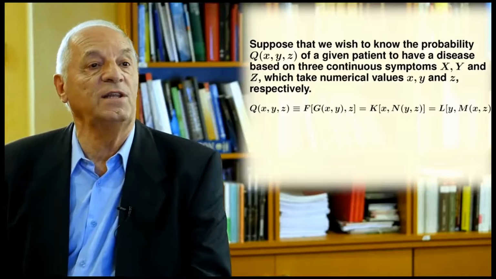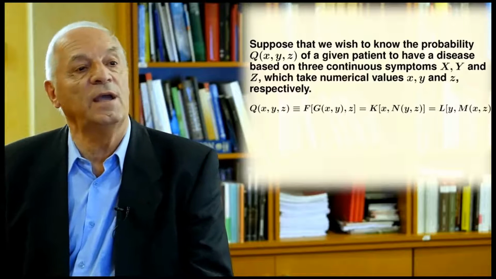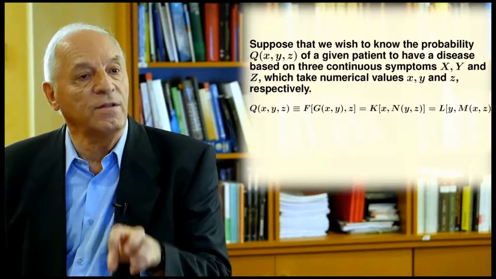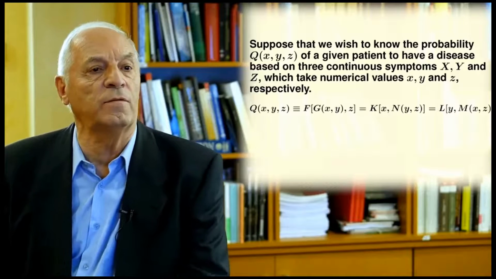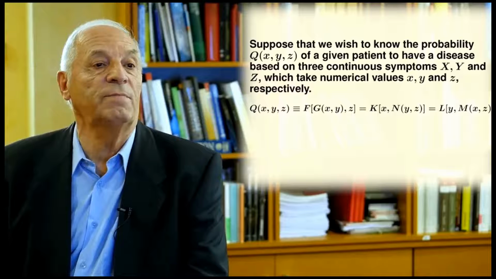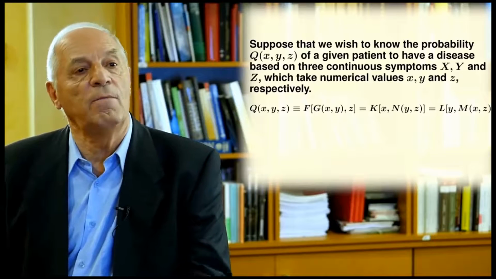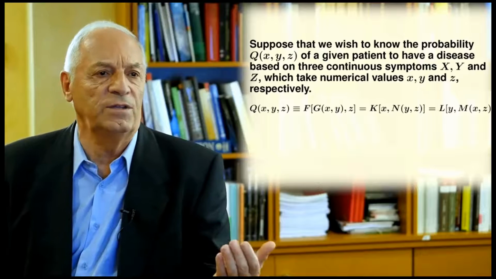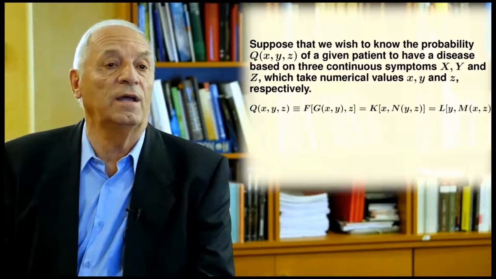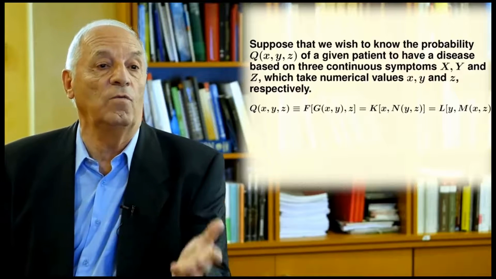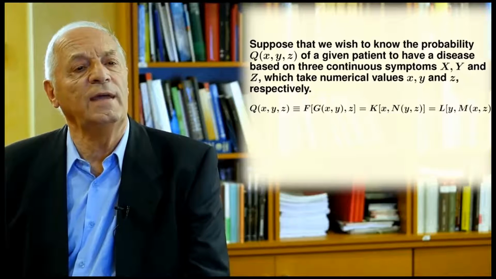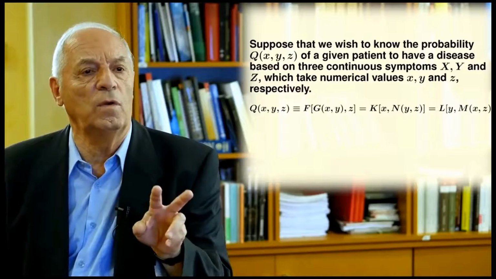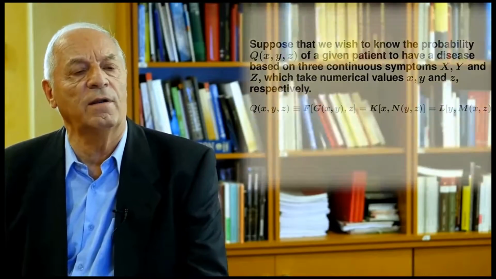However, you can see that instead of starting with x and y, I can start with y and z and extract the information these two symptoms have on the disease by an n function, and then combining with the first symptom with the k function, I can obtain the same probability. Finally, I can do the same with x and z and then with y. So what I get is two equations, because I have two equality signs there.